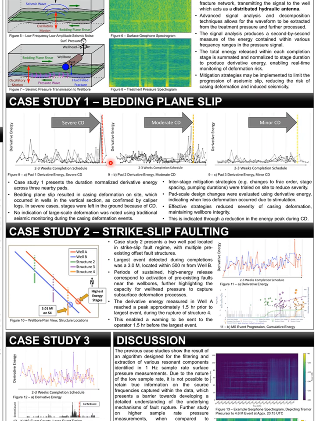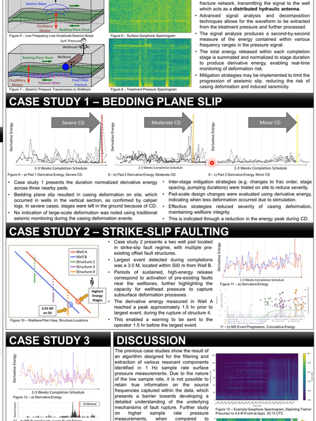deformation over that period. On the second pad, we can see a similar trend where there's some early release of energy, and toward the heels of the wells, we see again a sharp uptick in energy. In this case, mitigation strategies were in place by the operator in order to attempt to reduce the severity of this aseismic slip process, and those